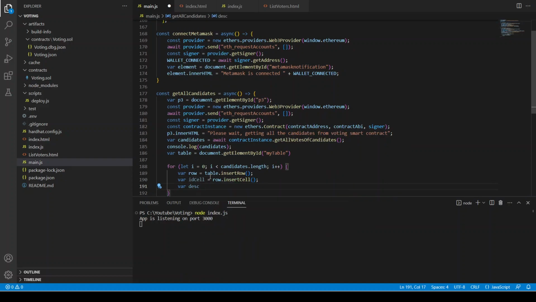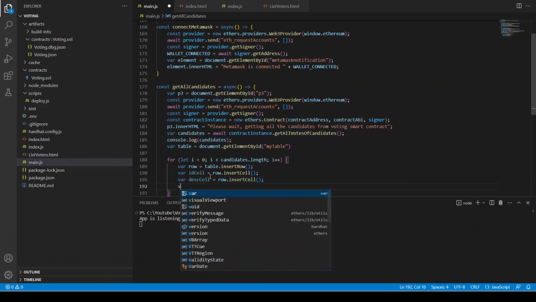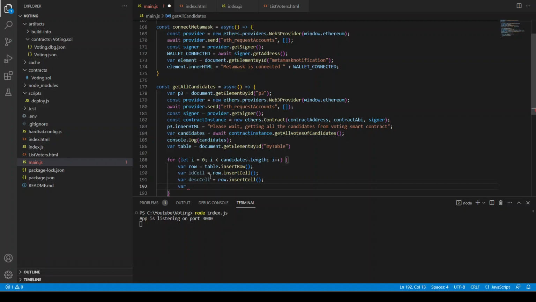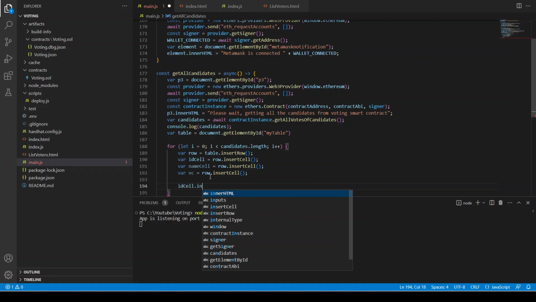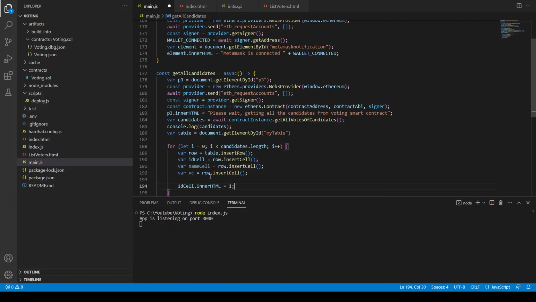Then we are going to say is equals to row.insertCell, and then finally we have this vote count, let's call it name cell. const vc is equals to row.insertCell. Okay, so everything is done, and what we can do is idCell.innerHTML is equals to i, this is the index,